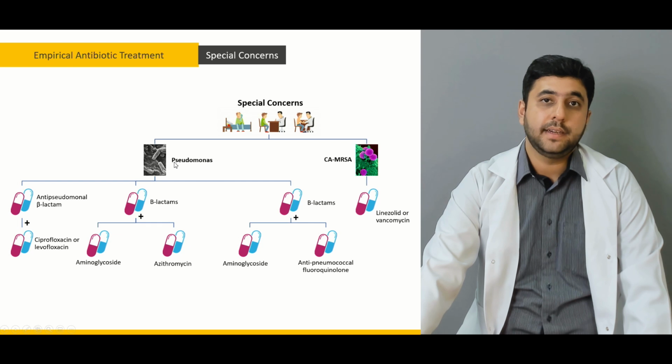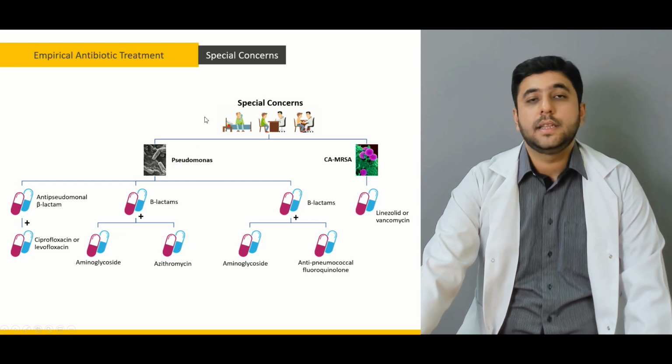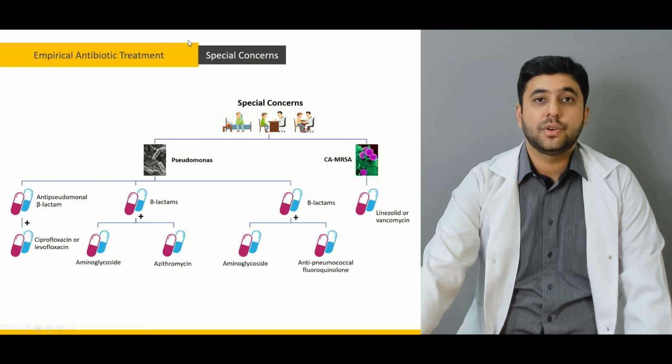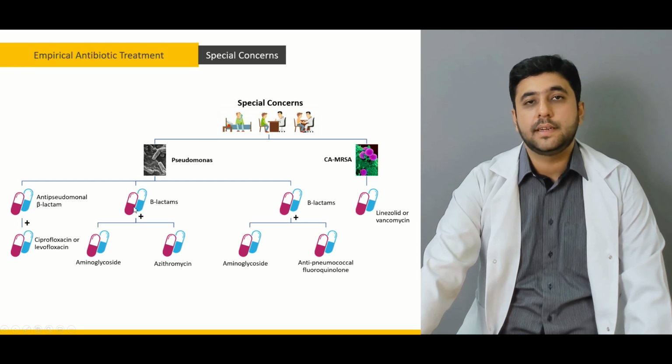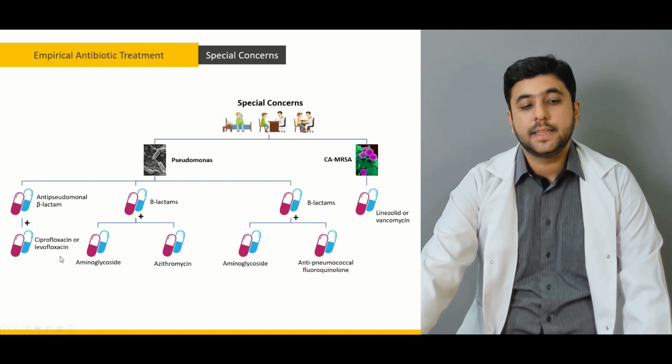Number one is the piperacillin-tazobactam combination. Number two is cefepime, or imipenem, meropenem. So these are the three or four which you have to memorize. The cefepime, which is the fourth generation cephalosporin, piperacillin-tazobactam, or the imipenem, which is given with cilastatin, as you know, or the meropenem. So these are the drugs which are the anti-pseudomonal beta-lactams,